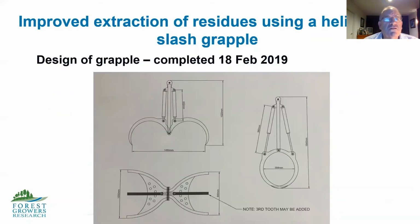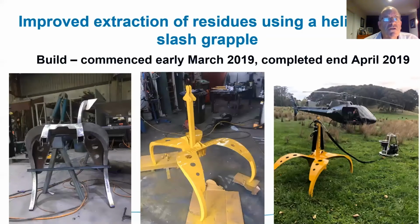The slash grapple was designed by Helihawk Limited of Taupo to have a maximum grapple opening of 1.45 metres and weigh as little as 76 kilos. It has the option of attaching a third tooth or tine between the two main tines on each side of the grapple. The build commenced in March of 2019 at Colchester Engineering Limited in Matamata,